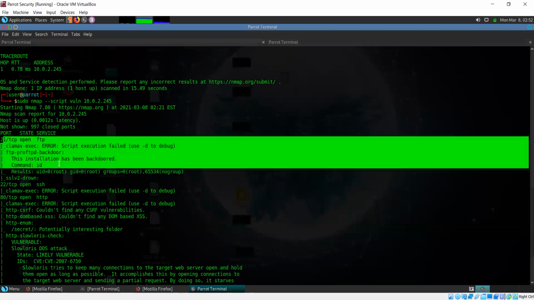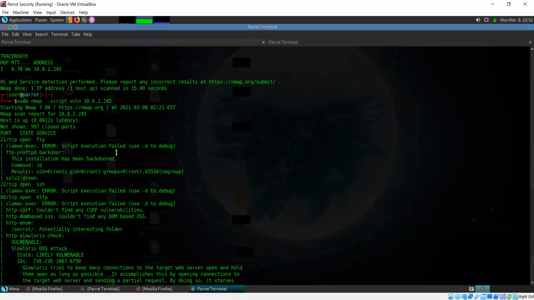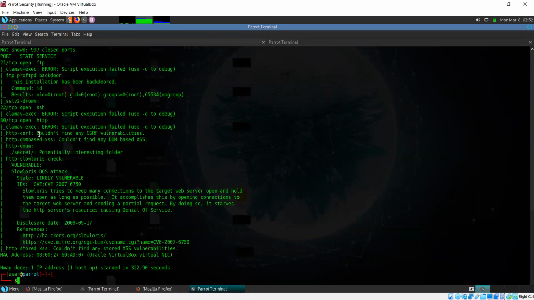We have exploited this vulnerability, the ProFTPD backdoor, using Metasploit, and now there is no other vulnerability that we can directly make use of. But that does not mean that there is no way to hack into the system, nor that there is no other option. It just means that there is no other vulnerability which is present.